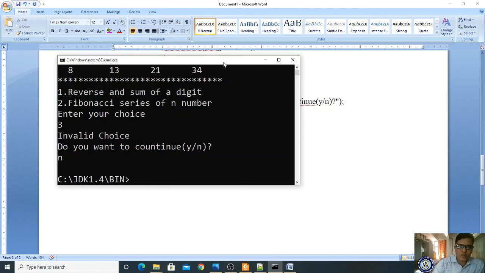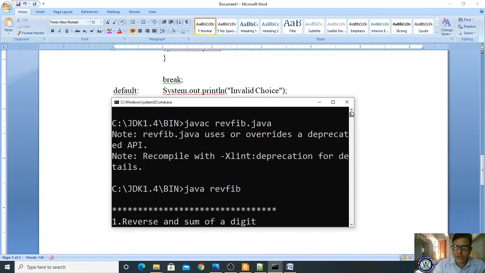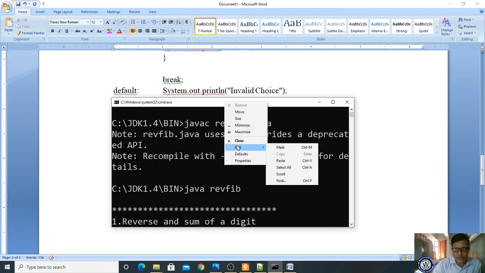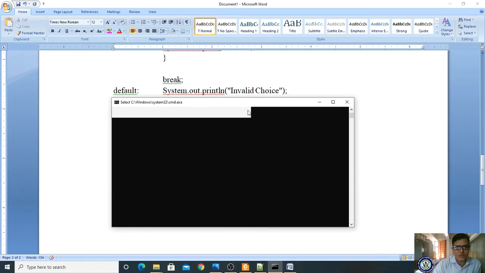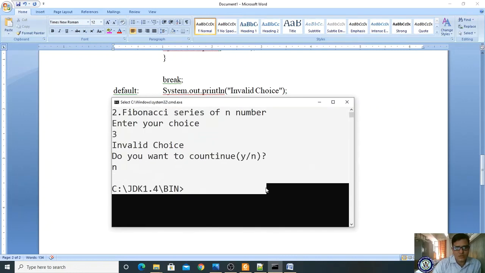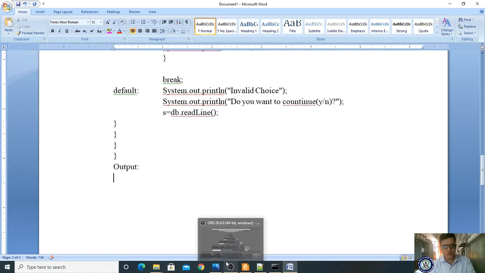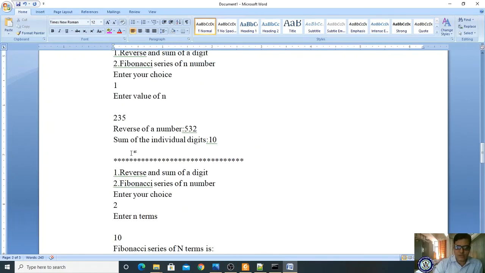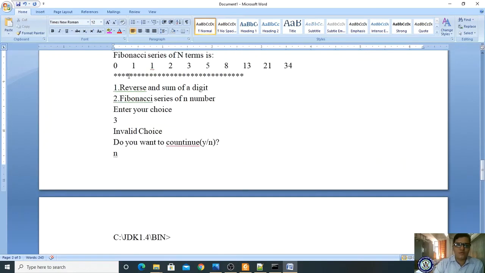Now you minimize it, you reduce the screen size by pressing Alt Enter. Now you have to copy this: go to the prompt window, right click it and choose the edit option and mark. So how to mark? Select your exact screen. Afterwards press Enter. If you press Enter, it has copied. Now paste it. That's it. So likewise you can create documentation for your programs.